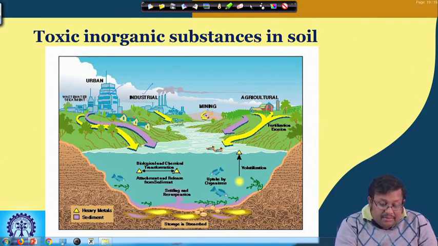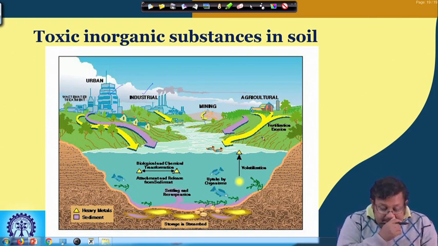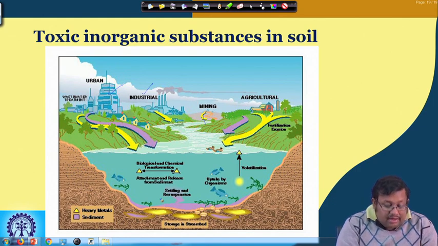Heavy metals are also coming through mining discharge and agricultural runoff. So all these are coming through different sources, and ultimately you can see inside the water body